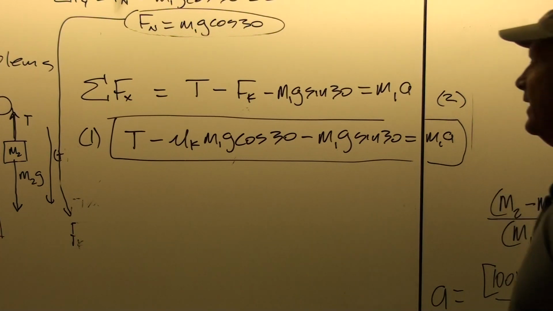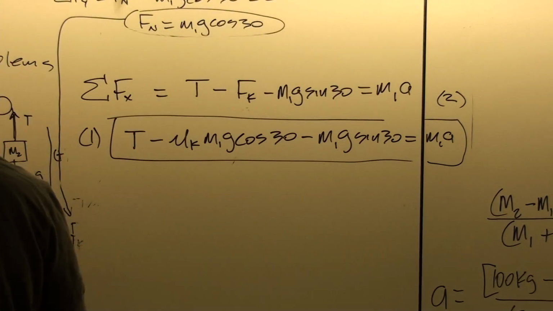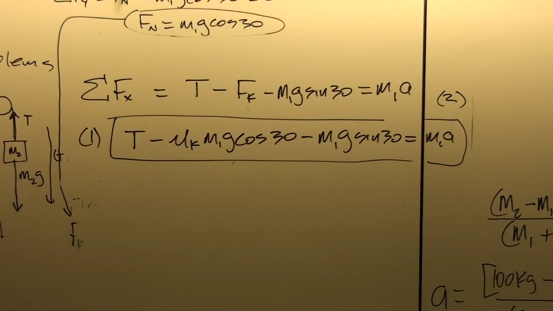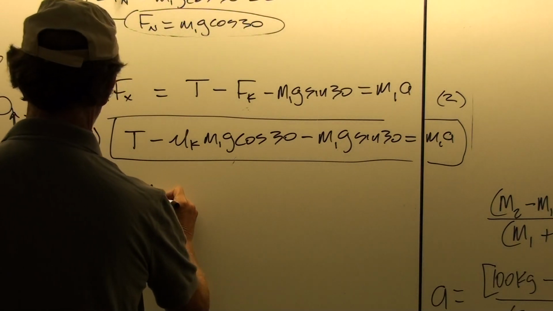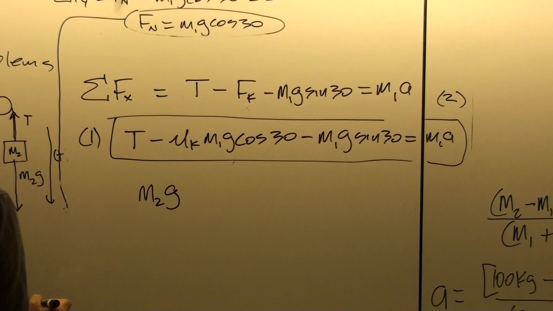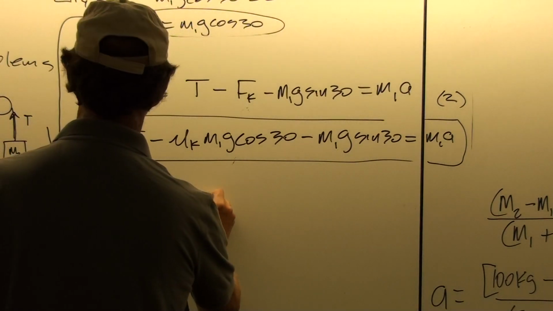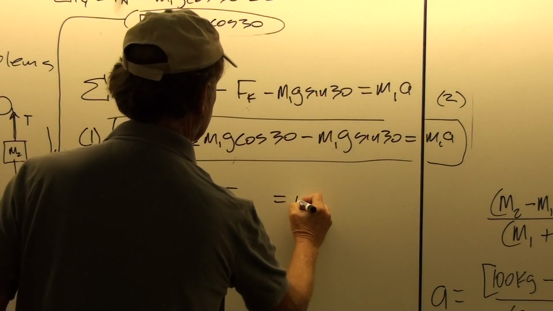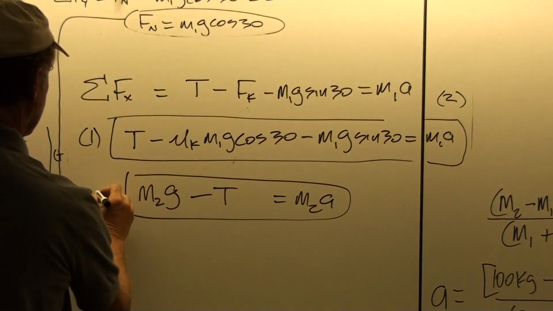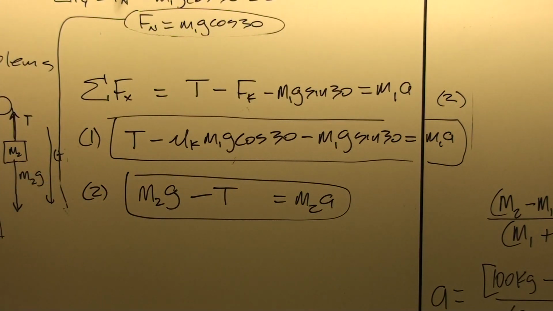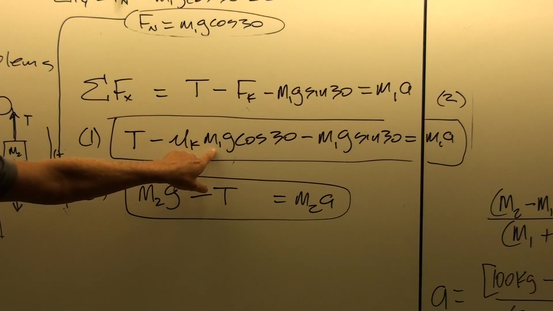And then the second equation, same as before, because although the friction force changes the solution to this equation, there are no direct forces on M2 to change that equation. It's just the solution to the equation that will change because of friction in the coupled mass. So we have M2g minus T equals M2a. So when we think about it then, this is just a natural extension of what we did before, but with an extra negative friction force in there.